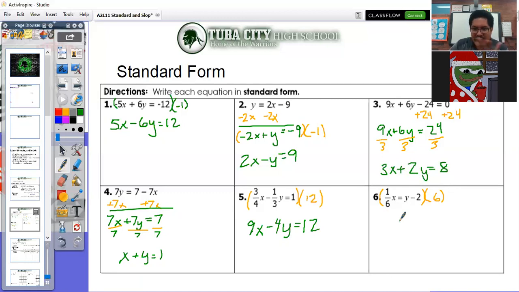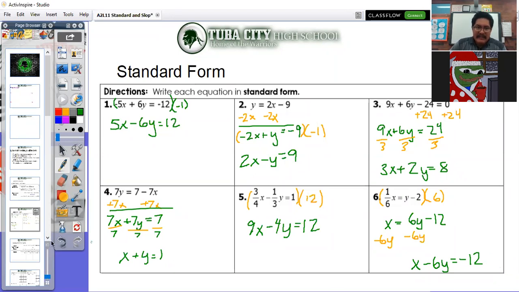But if you don't know how to do that, that's fine. For this one here with equations, just multiply it by 6. So 6 times 1/6, right? If you have 1/6 and 6 of those, that's just going to be 1. So keep everything where it is, just multiply everything by 6. So 6 times y, and -2 times 6 is -12. And I just need to move this y from here to here. X minus 6y equals -12. There we go. We were able to put all of these into